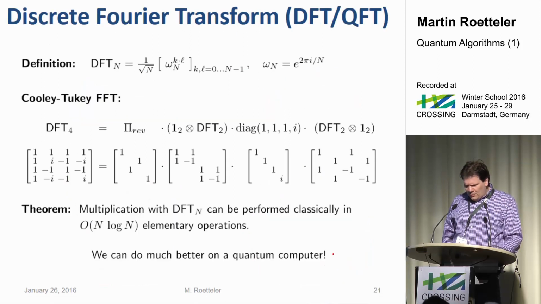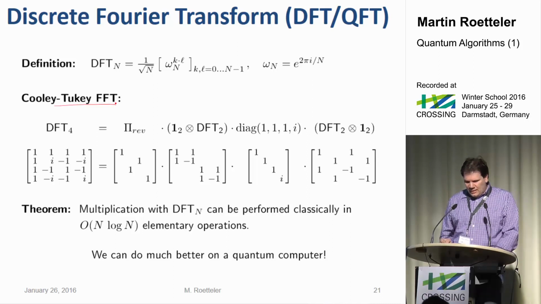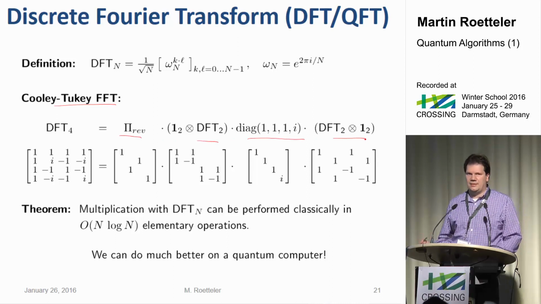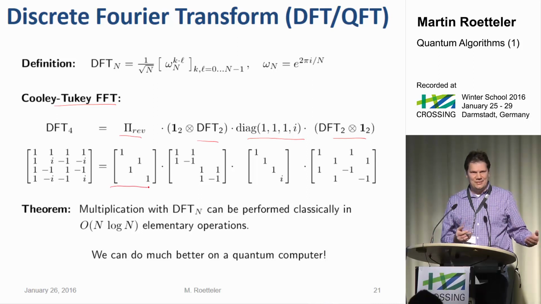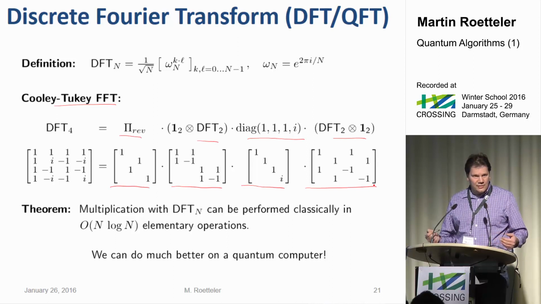Okay, cool. So how do you compute the Fourier transform classically? Well, there is the Cooley-Tukey Fourier transform, which factors the Fourier matrix into a sequence of matrices, all of which are sparse. Sparse in the classical sense, right? Classically, people care about having something like a permutation matrix, which is extremely sparse, right? It's just reordering in memory. Or this operator, which is block diagonal, it's nice. This is just another very sparse operator, and here you've got another sparse operator. So classically, that's extremely useful because now you can recurse, and you get an n log n algorithm that way.